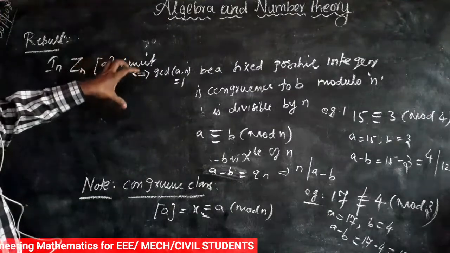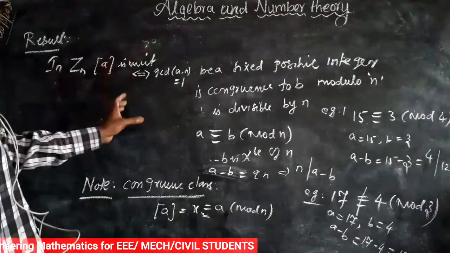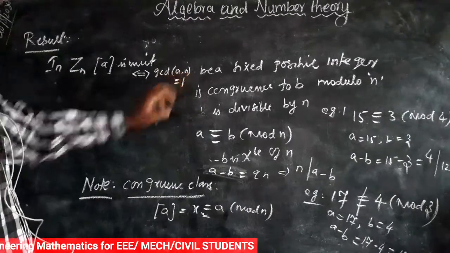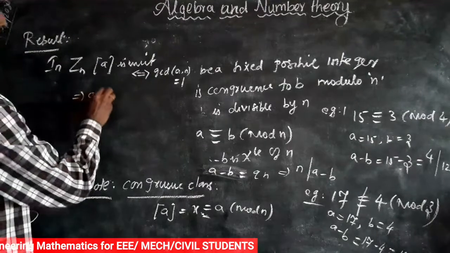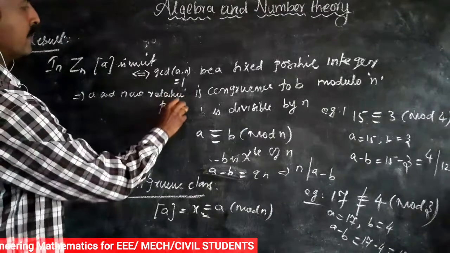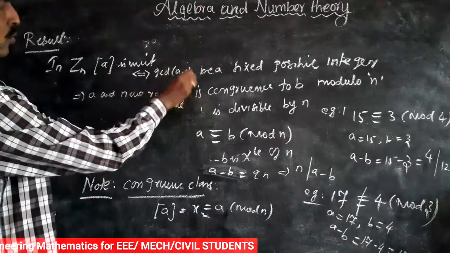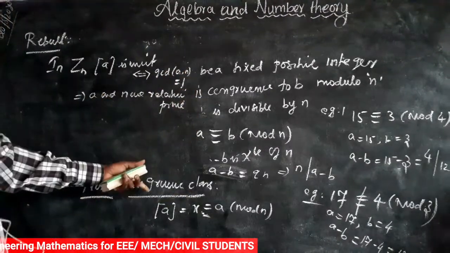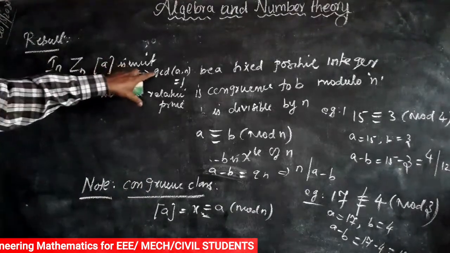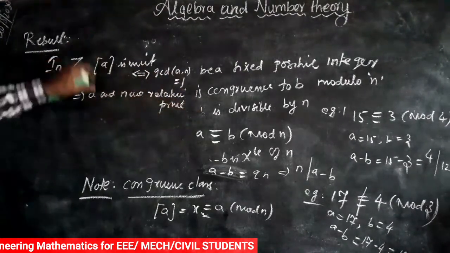Suppose ஒரு நம்பருக்கு இன்வர்ஸ் எக்ஸிஸ்ட் ஆகுதுன்னா, ரிங் தியரியில் அந்த GCD of 2 numbers என்னதான் இருக்கும்? 1 இருக்கணும். That is GCD of a comma n is equal to 1, that is a and n are relatively prime. அதுக்கு கிரேட்டஸ்ட் காமன் டிவைசர் ஒன்று மட்டும் தான் இருக்கணும், ஒன்று இருந்தால் தான் இன்வர்ஸ் எக்ஸிஸ்ட் ஆக முடியும். ஸோ இந்த ரிசல்ட் சேஸ் தட் in Zn, a is a unit if and only if GCD of a, n equal to 1. ஸோ a, n ரிலேட்டிவ்லி ப்ரைமாக இருந்தால் இன்வர்ஸ் கண்டுபிடிக்கலாம்.